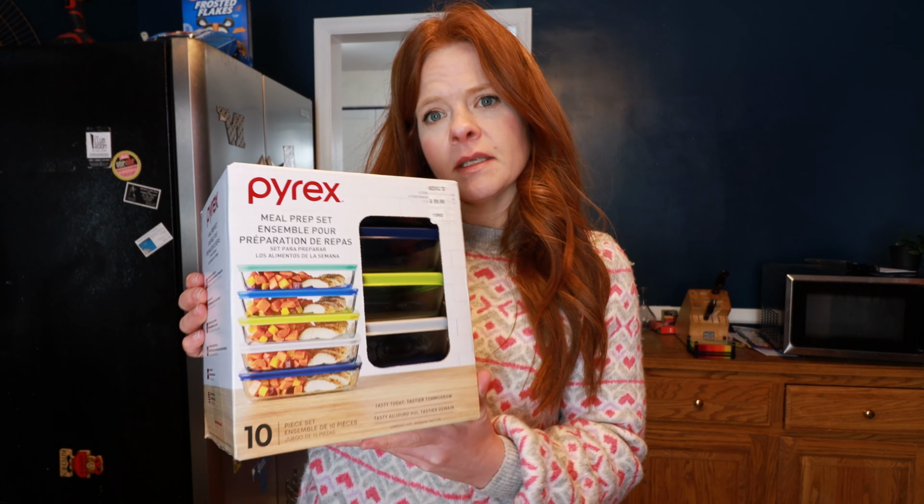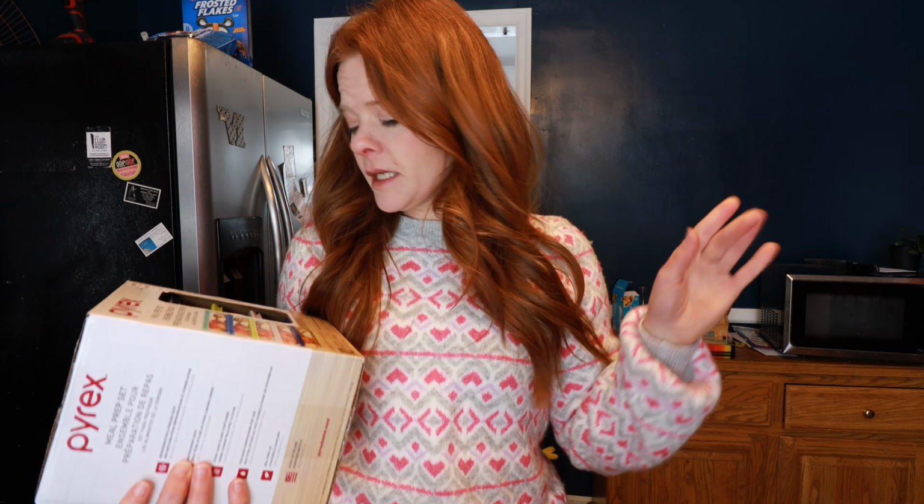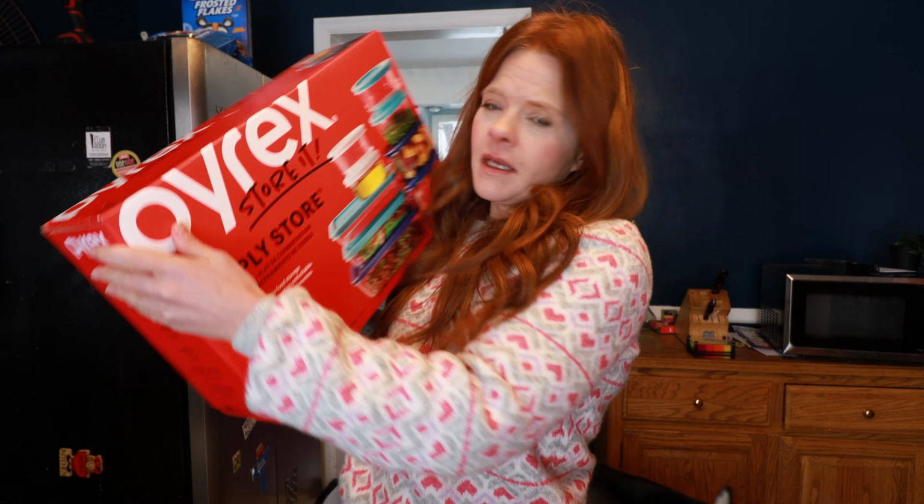Now, I had to run out to pick up a Kohl's pickup order. It was just like, you have to do it. And so one of the things I had picked up were these Pyrex meal prep containers. So 5 containers plus 5 lids, 10-piece set, way to try to do that. And then we also have this Pyrex Store It. So we've had like a variety of storage containers, but the ones we have, they have a seal and it just gets really gross and yucky, and I don't like them. And so